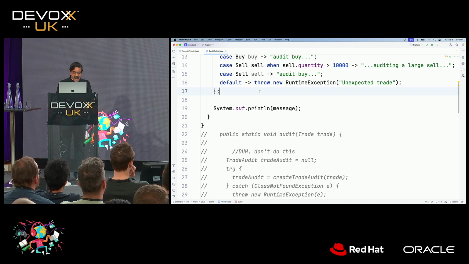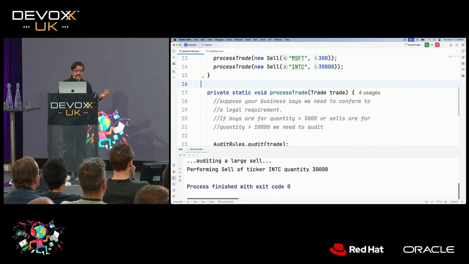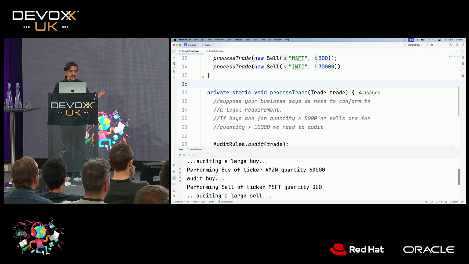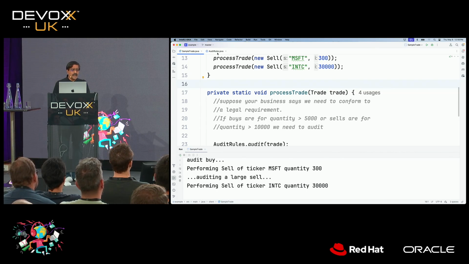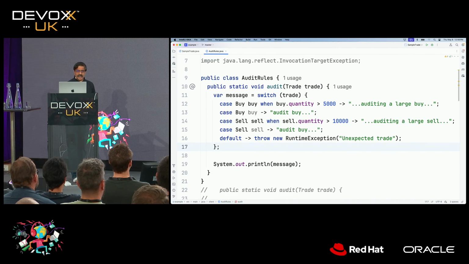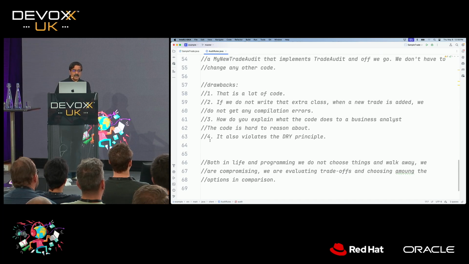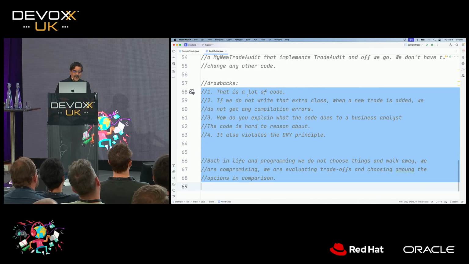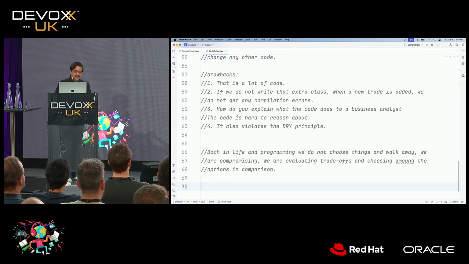If I were to go back to the code right here and execute it, both the solutions are going to do the job, and you can see it's doing the auditing of a large sale, and that's working as well. However, when you look at this particular code, there are some benefits already we can see. The first benefit you see is, let's just take these over. That was a lot of code. Now what do we have? Let's again list the pros and cons of these approaches and see how this actually works.